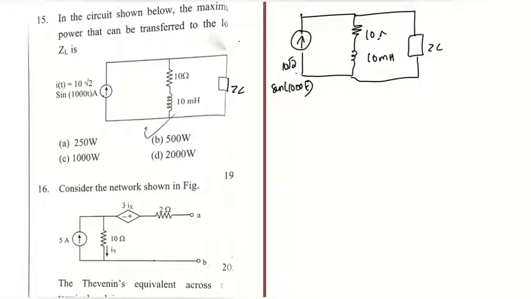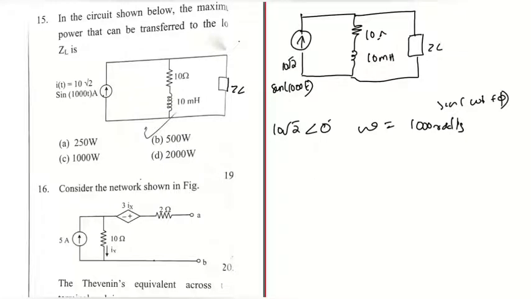this is actually 10 root 2 angle 0, and omega here is sin omega t, because 10 root 2 angle 0, because there is no phase difference. If it was for sin omega t plus phi, then this would have been 10 root 2 angle phi. Now since there is no phi here, it is 10 root 2 angle 0 itself. So omega is equal to 1000 radians per second, right?